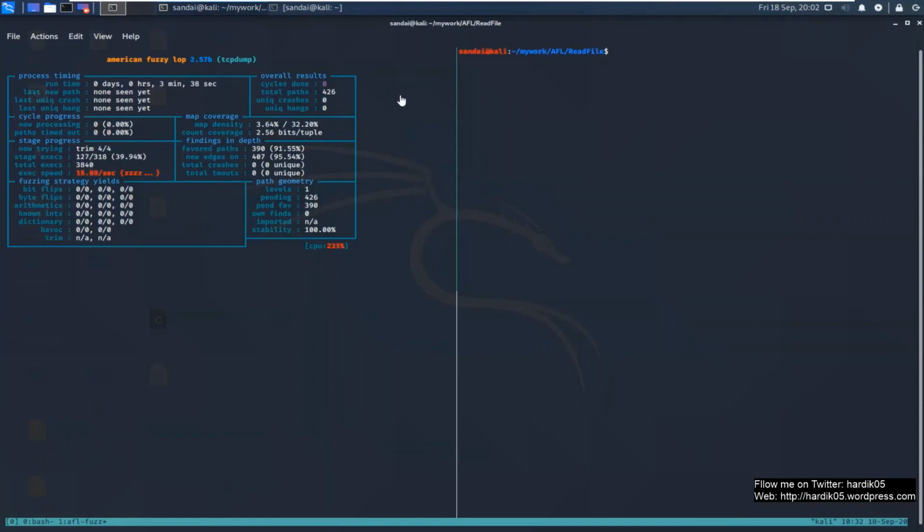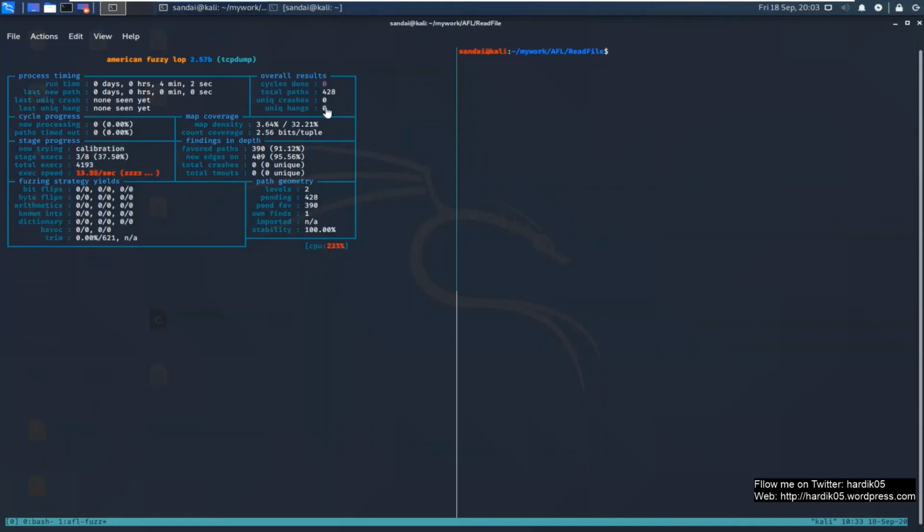I think I don't have much RAM or hard disk space over here, and since I'm recording on the same system as well, that is slowing down my execution speed for AFL. But generally you should be getting somewhere around 100, 200, 300 depending upon your system configuration.